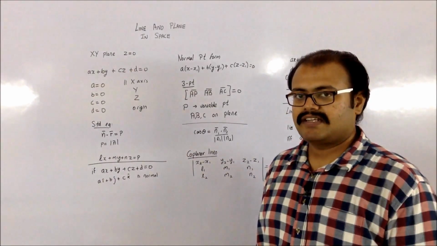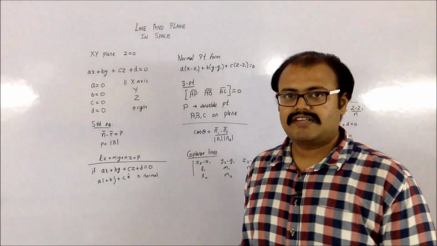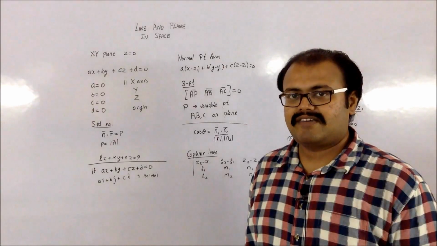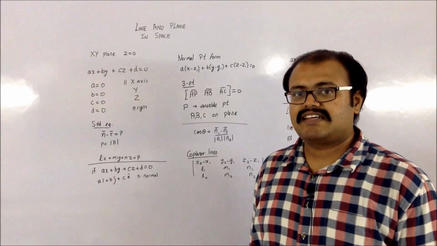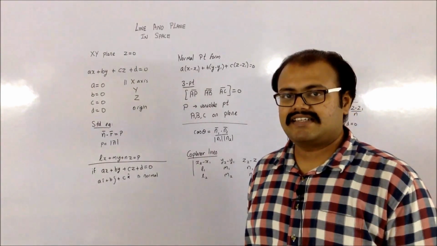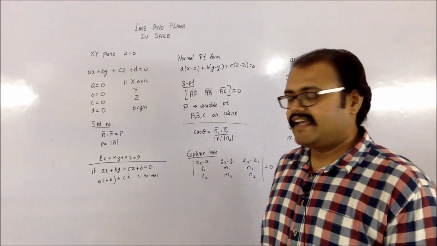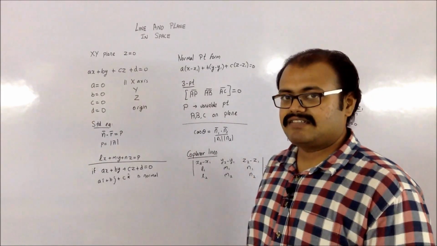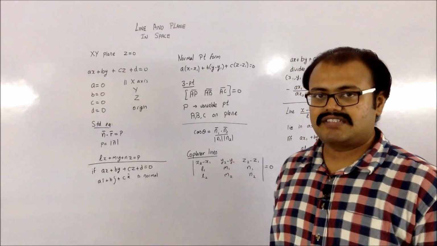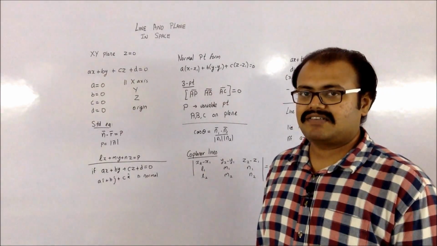Next, if I want to find whether the lines are coplanar or not, then I have to check this condition, wherein I have x1, y1, z1, a point which lies on one of the lines, and x2, y2, z2, a point which lies on the other line. l1, m1, n1 are the directional cosines of the first line, and l2, m2, n2 are the directional cosines of the second line. Then if this particular determinant equals 0, only then can I say that the lines are coplanar.